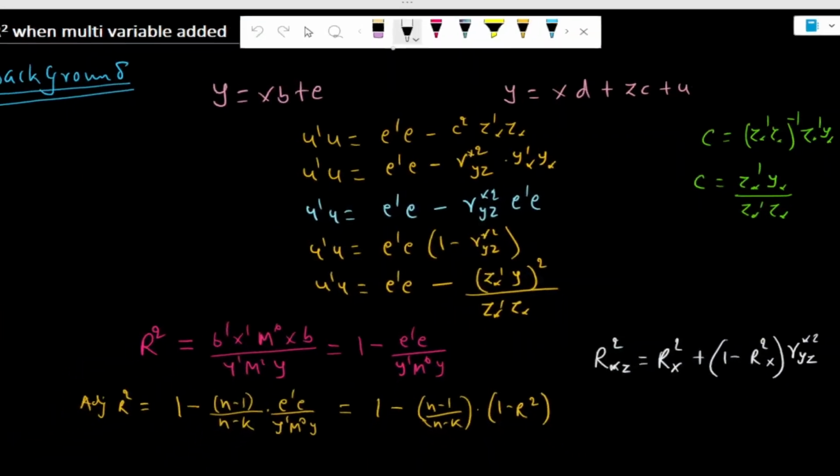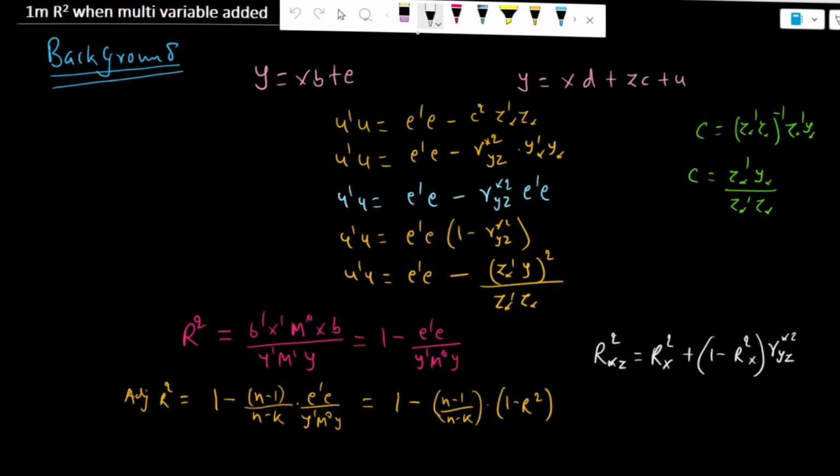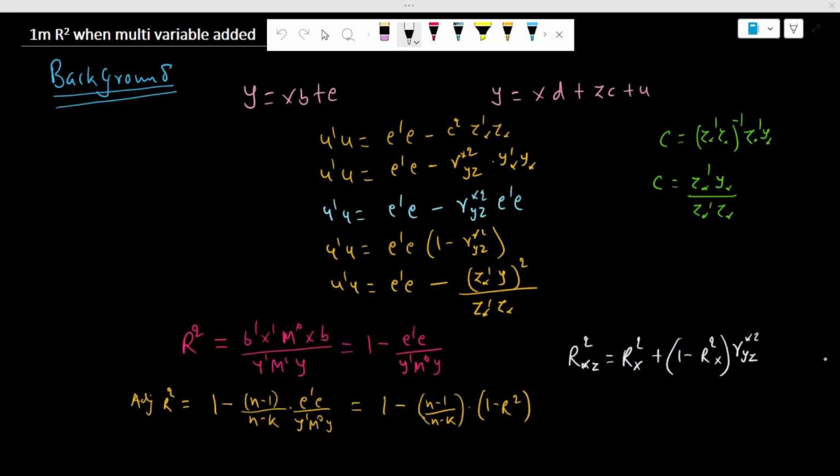Hello, welcome to Econometrics. In this video, we will discuss the coefficient of determination when multiple variables are added to the model. In our preceding video, we saw that when an individual variable z is added to the model, the coefficient of determination after adding z is equal to the coefficient of determination before adding variable z, plus 1 minus the coefficient of determination before adding the variable, multiplied by